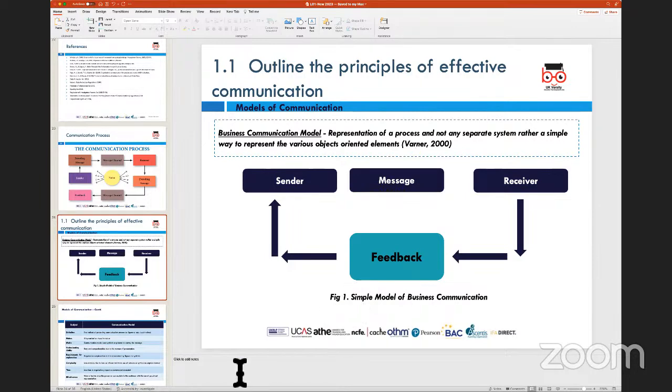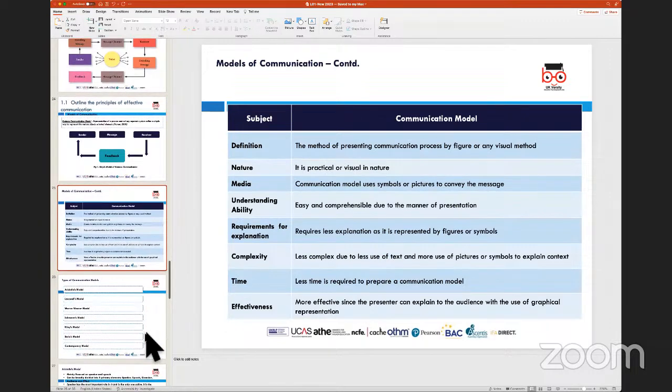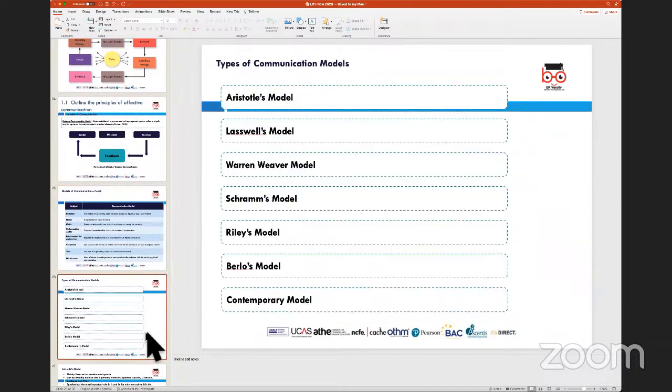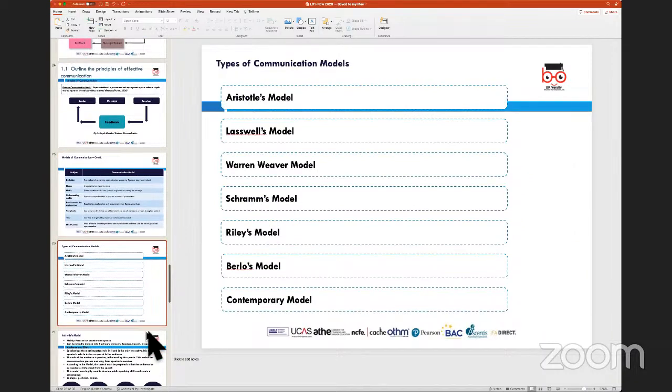Now, there are various different models of communication. Depending on the medium, depending on how you're communicating, there are at least 8 different models that we look at, which are prevalent and widely accepted, as the work has been done by various scientists and psychologists over the years. A number of people have worked on these particular models, and they have become more or less sacrosanct, with the understanding that these are widely accepted, and they can be used in different settings to communicate a message to your audience.